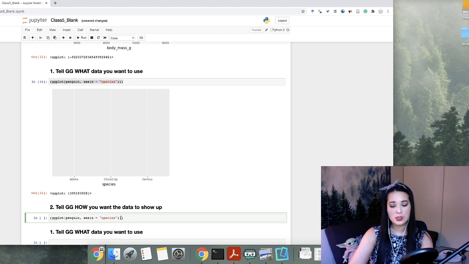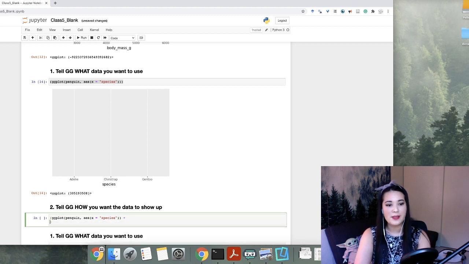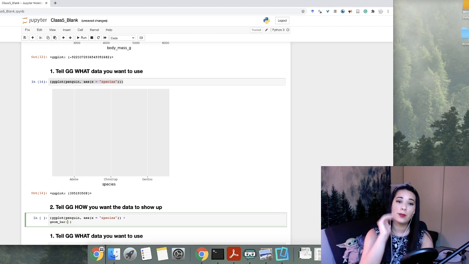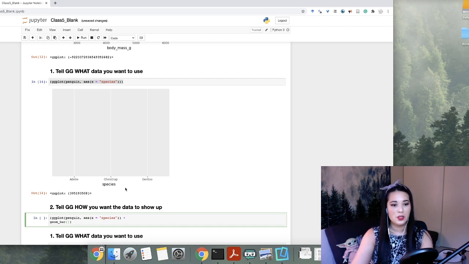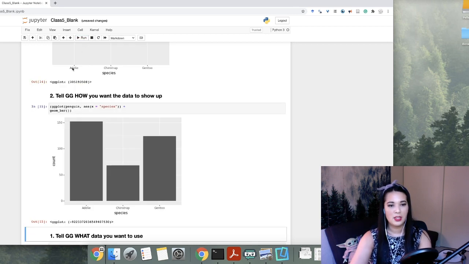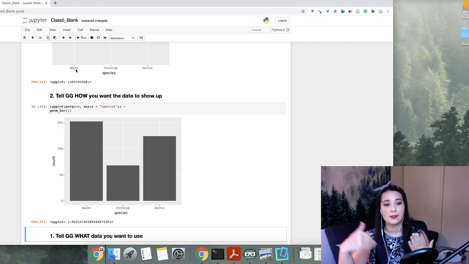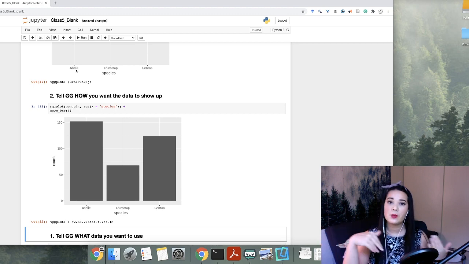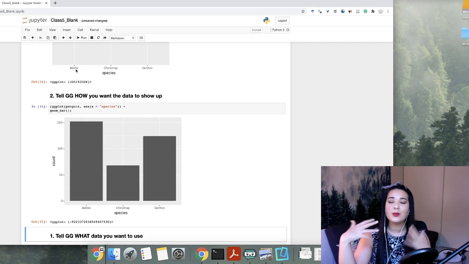Cool. So since we're working with a categorical variable, I think that I want to add geom bar, because a bar chart will be able to tell me by the vertical distance how many penguins are in each species in our data set. So when I run this, you can see that that's exactly what we get. We get this beautiful bar chart with the number of penguins in each of our different species. We can compare them, we can see how many penguins are in each, all because we did our beautiful ggplot